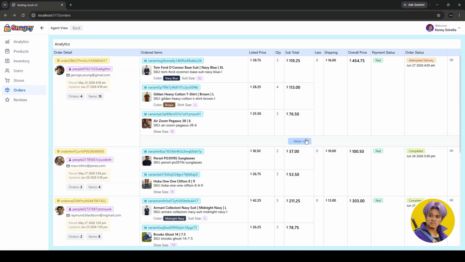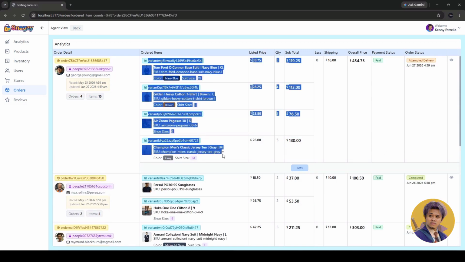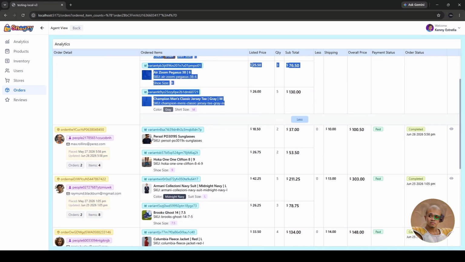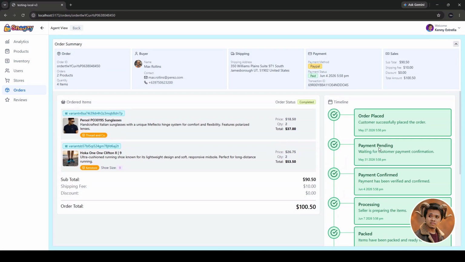Let's go back and click an order with a more button. When a more button is clicked, it shows the remaining order items in intervals of 3 items. This one has 4 items, that's why only one was shown after the more button is clicked. Let's click the one below with only 2 ordered items. Okay, still looks good and clean. Then the order lifecycle at the right side.